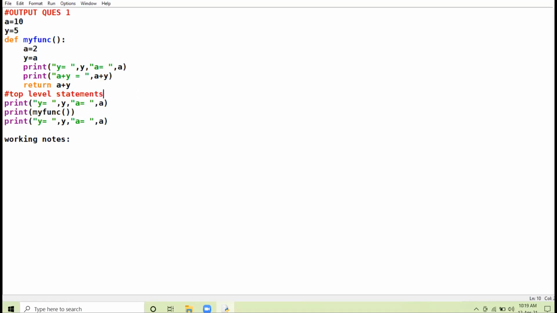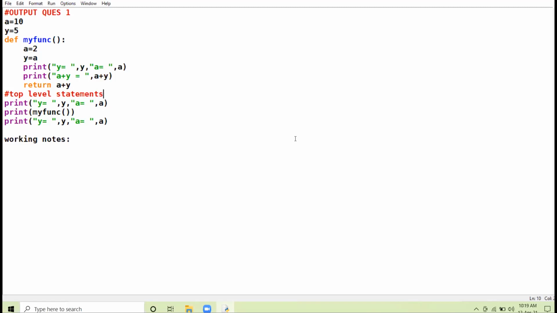And already I have told you that execution of the question starts from top level statements. You may have 2-3 functions in your program, but execution of the program always starts from the top level statement.